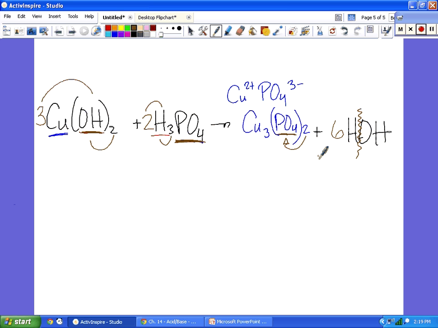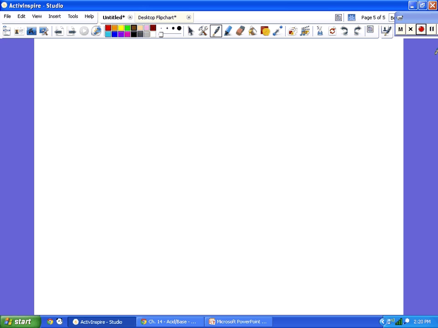But basically, if you did this lab, you would get that product. You would get copper phosphate. You'd have to run it through an analysis, but you could figure it out based on UV absorbance, spectroscopy, mass spectroscopy, conductivity. Basically, taking a compound